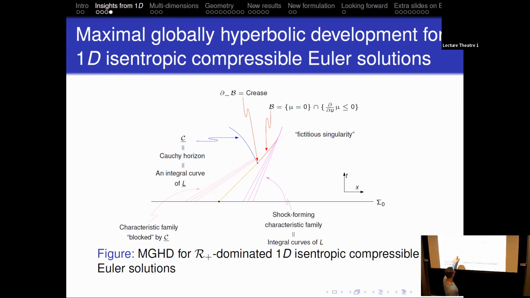So you can think that the data for the other Riemann invariant, R minus, is so small that the variable has not had time to form any singularity up here. On the other hand, the L characteristics, you can see from the picture, haven't had time to collapse yet. The characteristics emanating from over here crash into this Cauchy horizon before their density has a chance to become infinite. So if you have C infinity data down here, the solution is C infinity up here, except at this cusp point and along this singular